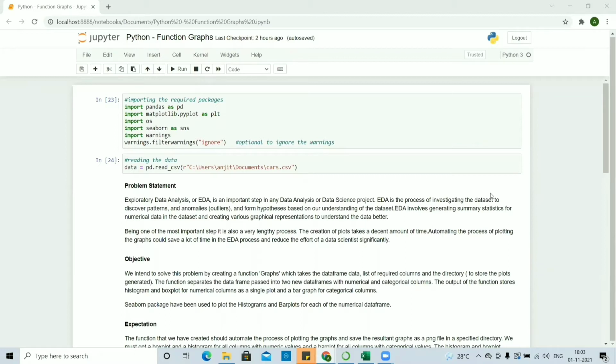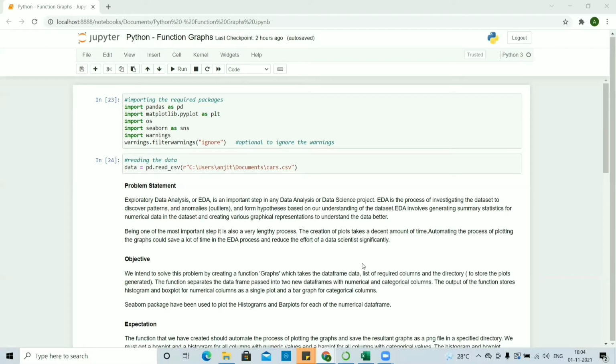We are students at Praxis Business School, Bangalore, pursuing a course in data science. We have created a function that can help automate a very tedious step of the EDA phase in the data science lifecycle, which is plotting the graphs like histograms and box plots for columns with numerical values, through which we can detect anomalies or outliers, and bar plots to get an idea about the distribution of data according to the different categories. Automating this process will significantly reduce time and effort for a data scientist. The function not only creates the graphs but also stores the graphs as an image file in a specified directory.